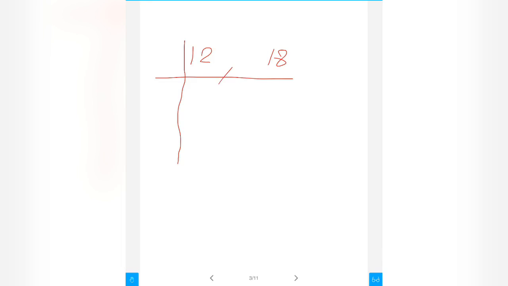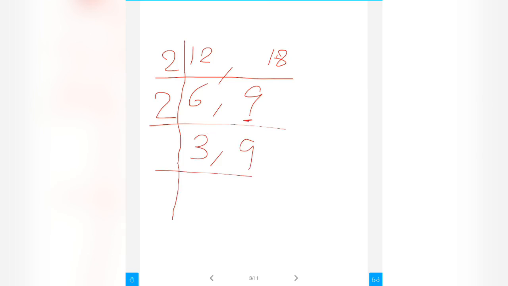The first thing is we have to divide both numbers with the lowest prime number first. You know that these two numbers are even numbers which will be divisible by 2. So 2 6s are 12, 2 9s are 18. Now again 2 3s are 6, but now this 9 is not divisible by 2 because it is an odd number. So we will write it as it is and divide only 6. But now you will see that these two numbers are odd numbers and they come in the table of 3 because they are the multiple of 3. So 3 1s are 3 and 3 3s are 9.